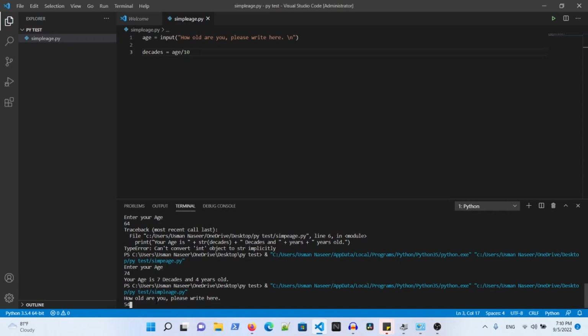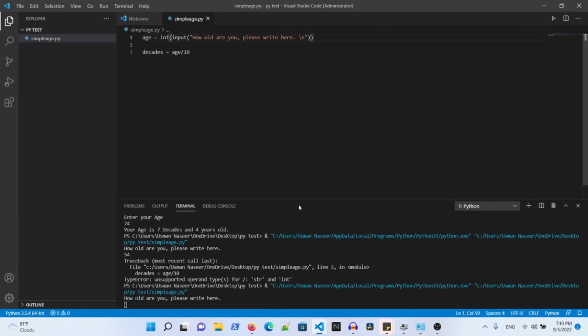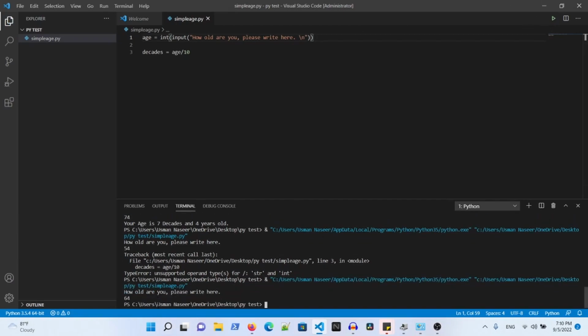Oh my god, you got an error for unsupported operand type, string and integer. So let me tell you, this input field by default stores a string value in the age variable. So for that you have to convert it into integer type, because whatever you store in the input is a string. So if I run this program now, I believe I'm not getting any error and the program is running perfectly fine. But we are not getting any output as a display, so I'm going to write a print command